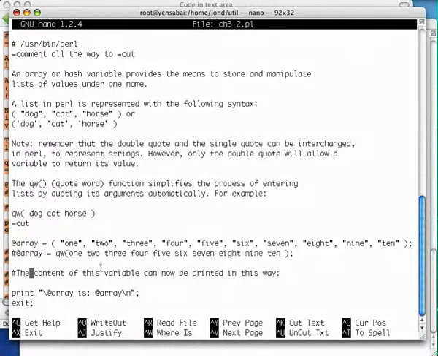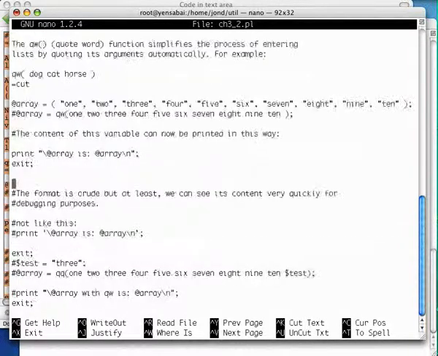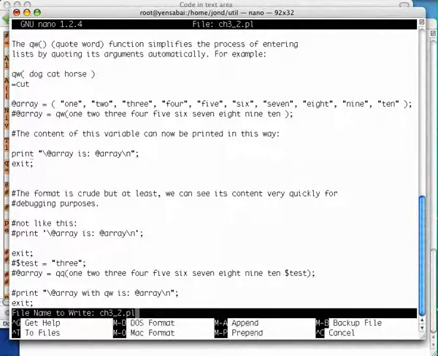The content of this variable can be now printed in this way. You can of course use a print statement, and now we're going to protect the @ here so it comes out in a printout. And luckily we can also print an array variable inside of a double quote. It's just a quick and dirty way of printing, and we're going to see in a minute exactly how it works. Notice we have an exit sign here, so if I run this program